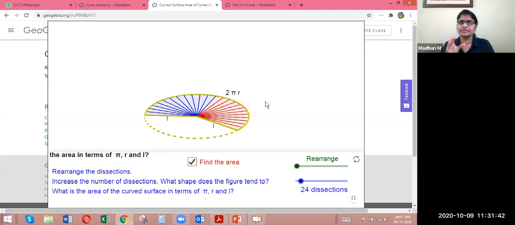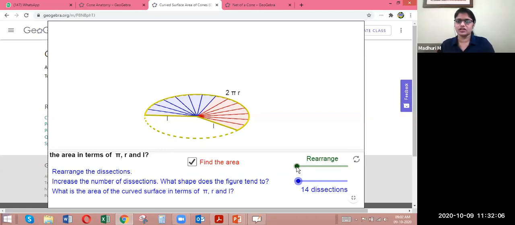Imagine that the actual part, we are breaking that part into two parts. One is the blue part and the other is the red part. Suppose we can make many cutouts of that. Let us keep 4 dissections. So what are we going to do? This circular structure, we are going to open it up and place it in such a format that it would look like a rectangular structure.